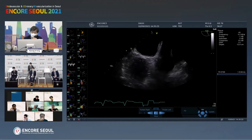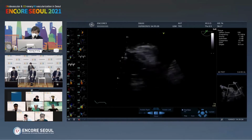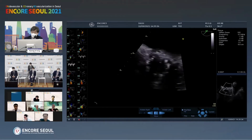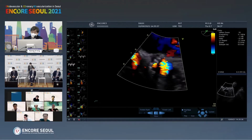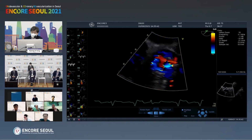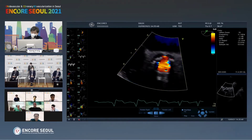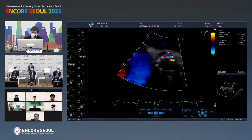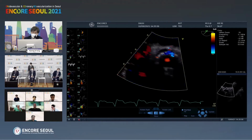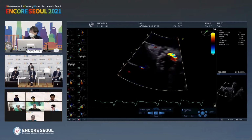나오고. 다시 repeat 해봐. Please show us a bigger image in the parasternal long axis and the short axis. AP. Color. Color. describe를 하라니까 describe를. You can see some paravalvular leakage around 12 o'clock. Yes. And what is the severity? I think mild, around mild to moderate. Yes, mild. And